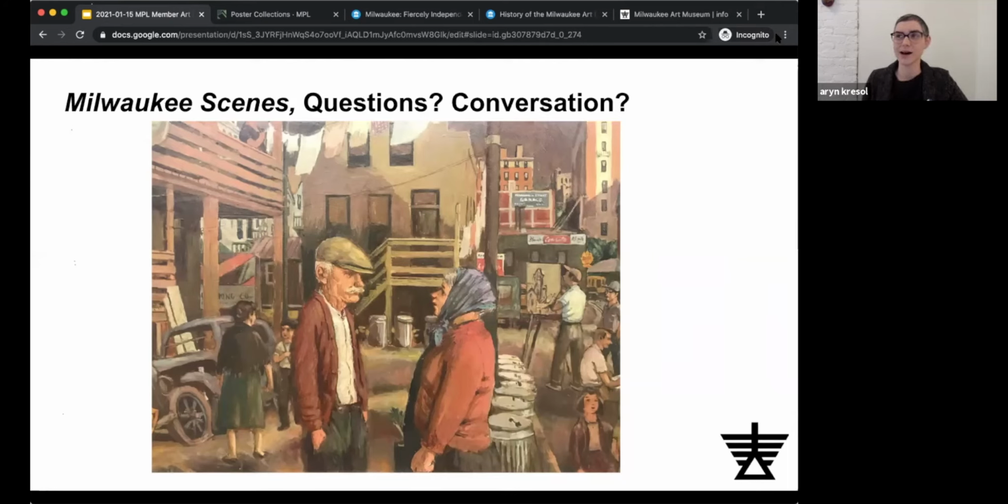Another really interesting way that I've been learning more about the collection has been through looking at credit lines, and then also the years that they were acquired. So I made a point to state every time that the works were acquired, because that does speak to the history of the museum as a collecting institution.